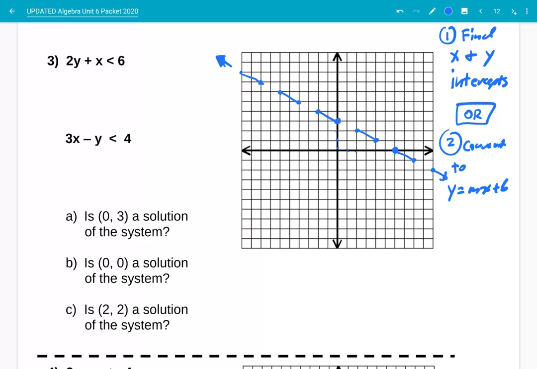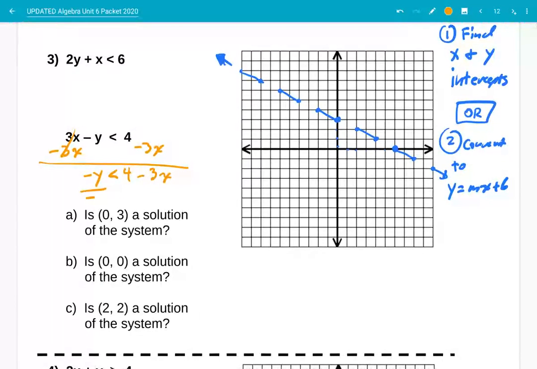So the other way, and I'll do this one. So that one we found the intercepts. This one will just convert to slope-intercept form. So we'll subtract 3x from both sides. That gives us minus y is less than 4 minus 3x. Look what's going to happen though. We're going to need to divide by negative 1. Divide by negative 1, divide by negative 1. That changes the signs, but remember,